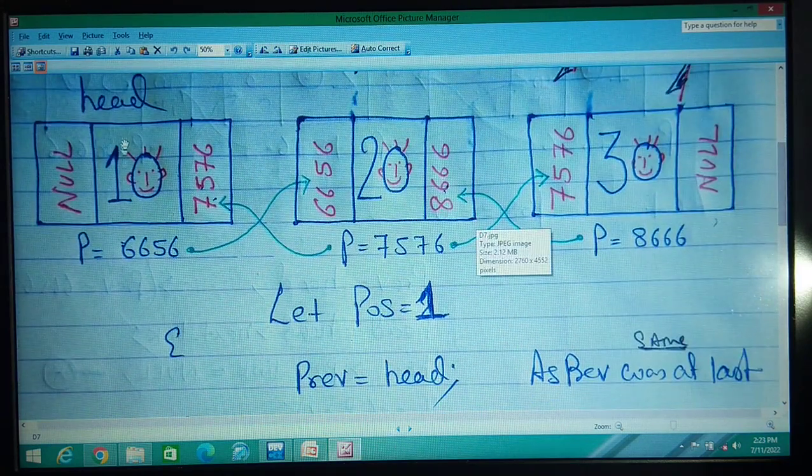Already we have explained. The user first inputs 10, then 20 and 30. There are a total of 3 nodes. The first node's address is 6656, the second node's address is 7576, and the third node's address is 8666. This address has been stored here. Why? Because inside the struct node we have created 2 pointers: one is the PREV link and the second is the next link.